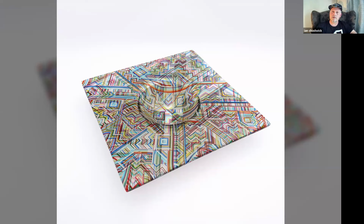Does that answer the question fully, do you think? It does, yeah. And just one more. When you are creating or building the stringer sheets, how do you decide in advance how much of a certain